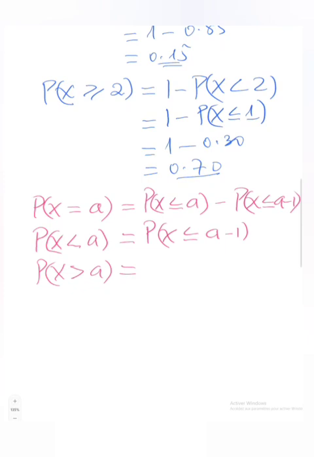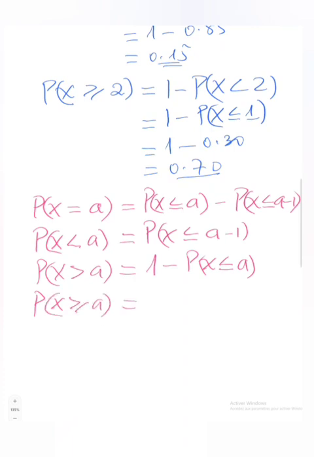Since we need the inequality sign to be less than or equal to before we can go to the tables, we can then take a turnaround by taking 1 minus the probability that X instead takes a value less than or equal to a. It will give the same result as the probability of X being greater than a. And from here, the cumulative of a can now be read from the table, and then the calculation done without any difficulties. In the case where we have P of X greater than or equal to a,